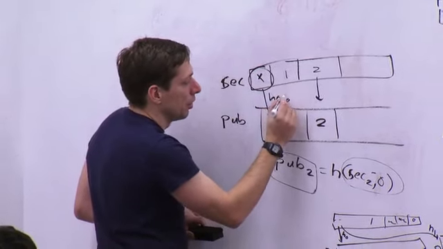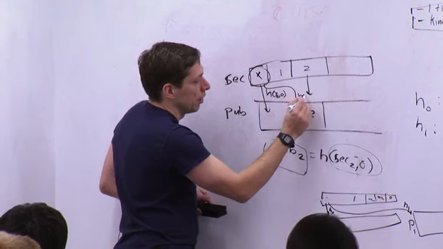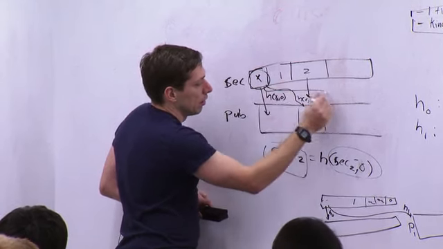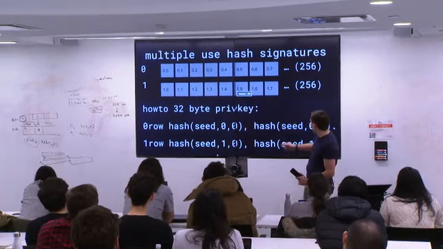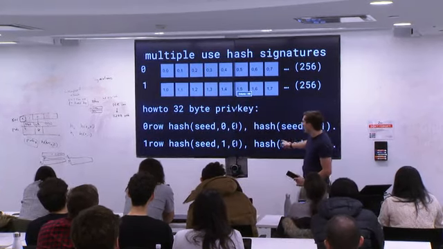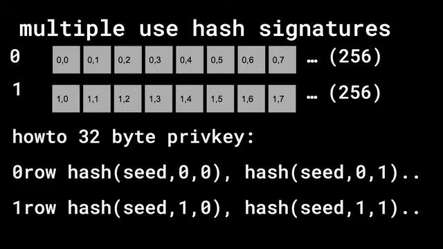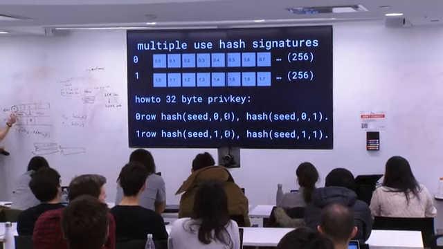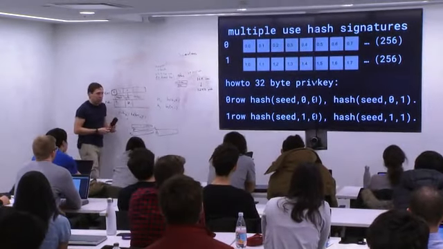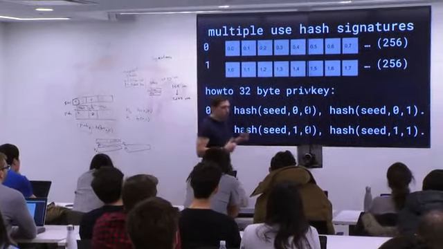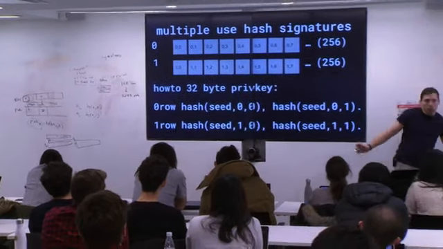Well, this is hash x comma 0. This is hash x comma 1. This is hash x comma 2. Okay, so this is basically how to do a 32-byte private key, where your private key is actually quite small, and you just derive all of the public keys by adding numbers at the end, concatenating them into your hash, and now you're like, okay, cool, I have a 32-byte private key, and I can make enormous public keys from them,